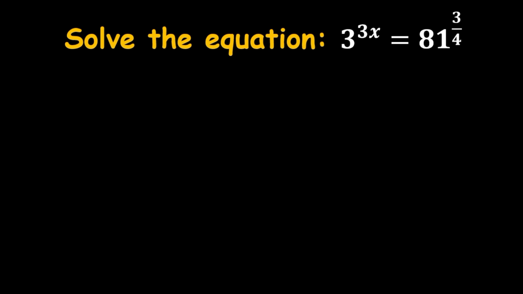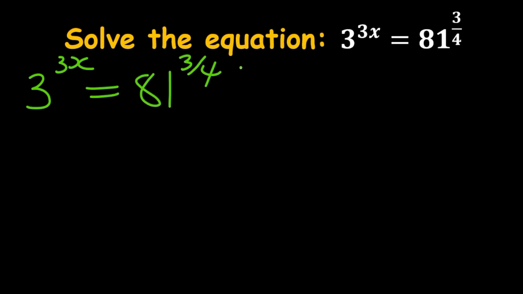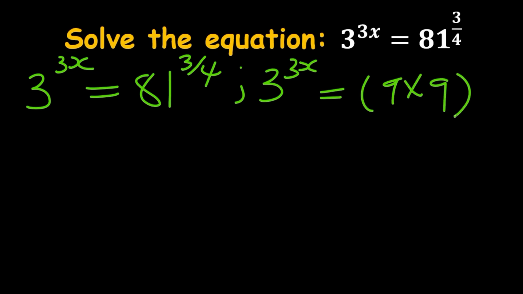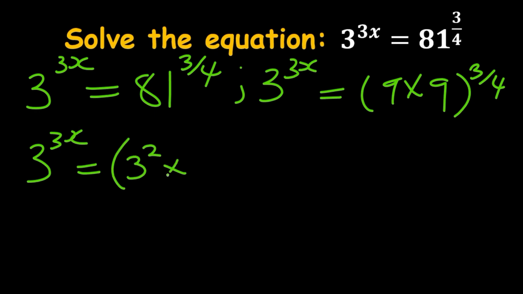Let's solve the equation. 3 raised to power 3x is equal to 81 raised to power 3 over 4. In expanded form, 3 raised to power 3x is equal to 9 times 9 all raised to power 3 over 4. And in index form, 3 raised to power 3x is equal to 3 raised to power 2 times 3